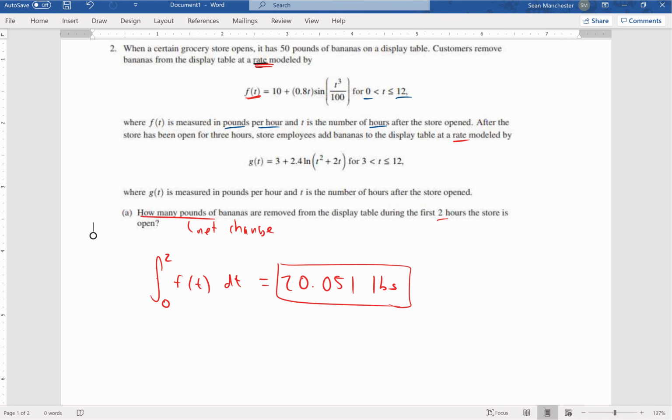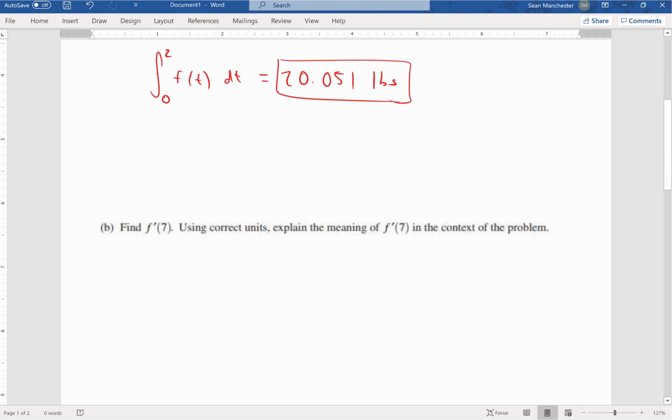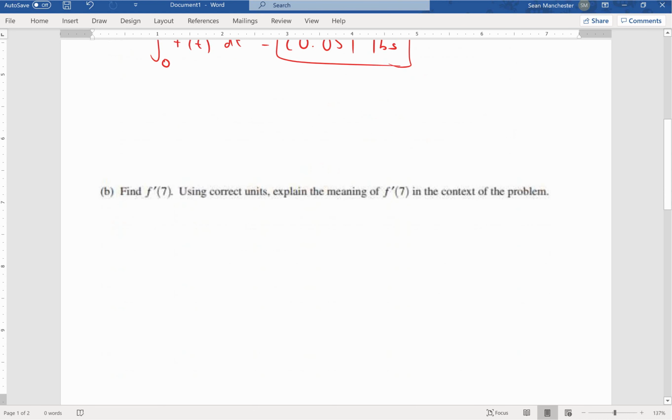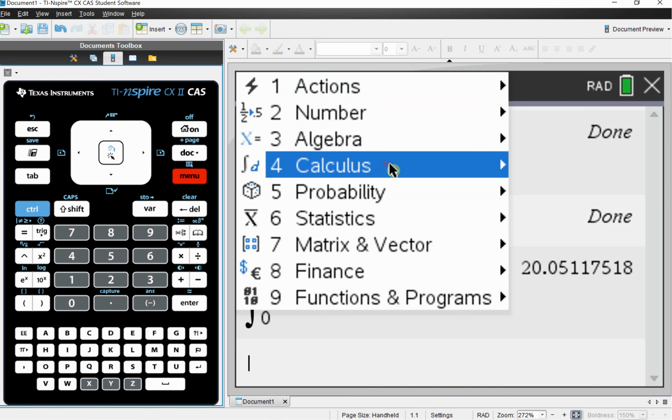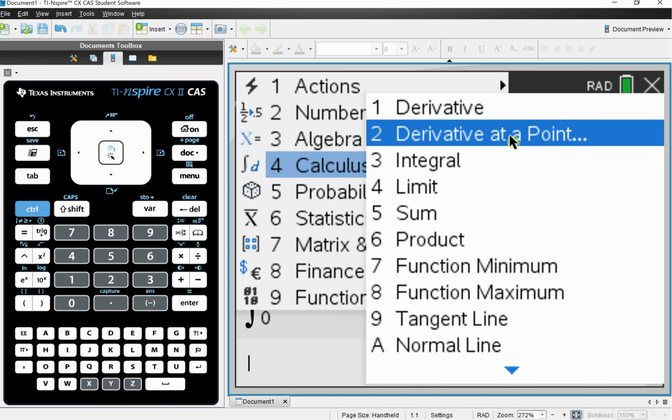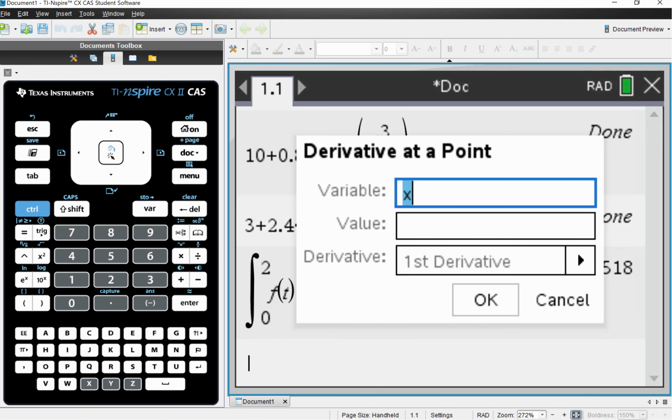On to the second part. Part B asks us to find f prime at 7. Using correct units, explain the meaning of f prime. So let's start by finding f prime. That's very simple. That's an instantaneous rate of change, the derivative at a point. So we can go back to our calculator and find this very simply. This is a derivative at a point, and we want to find it on the variable t at a value of 7,